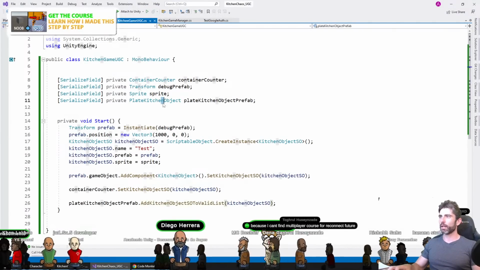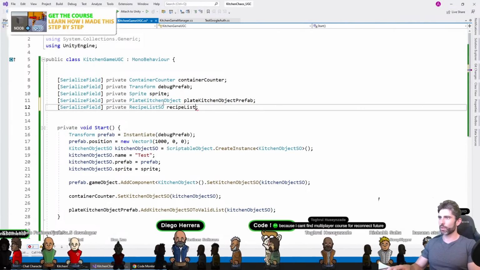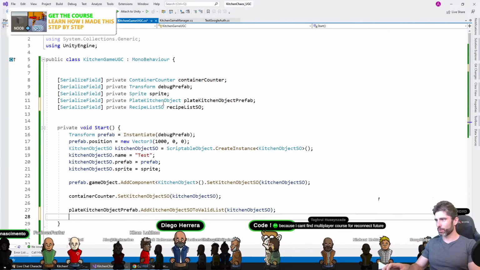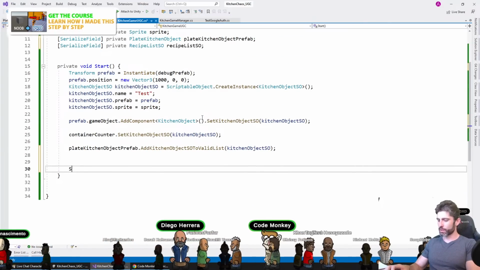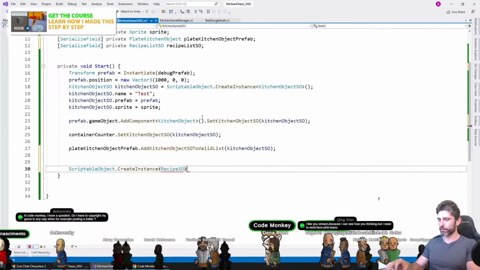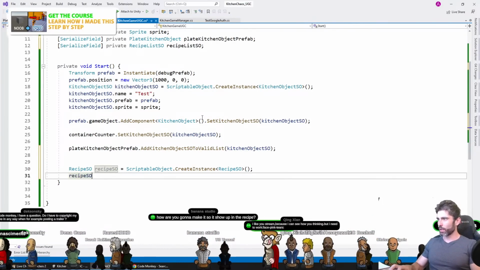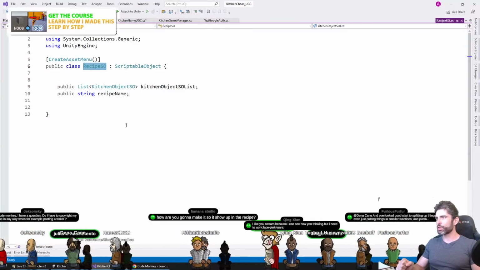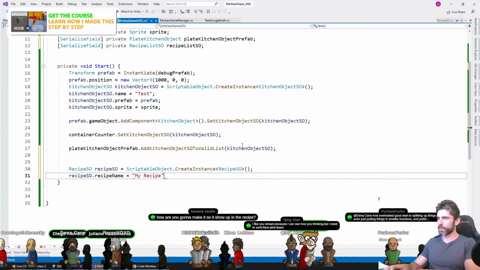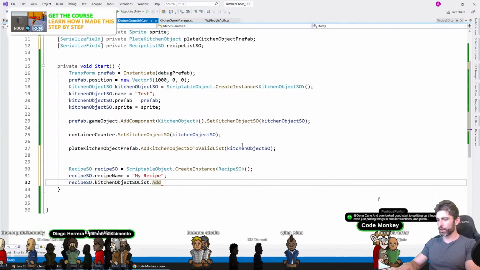So let me add a reference for the recipe list SO. I'm going to need a reference to that, and then I'm going to need to create, so let me just go into scriptable object, create an instance of type recipe SO. Okay, so this is my new recipe SO, and on this recipe SO, what do I have? It's just a list of kitchen objects. So for the recipe name, my recipe, and for the kitchen object list, let me just,